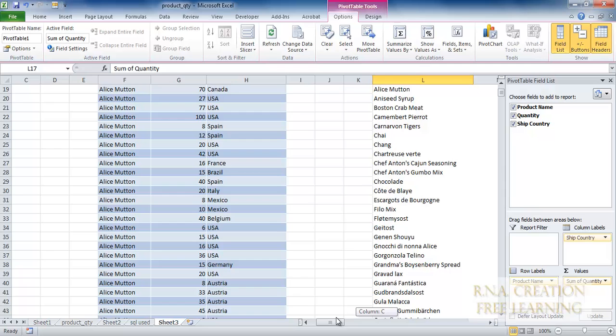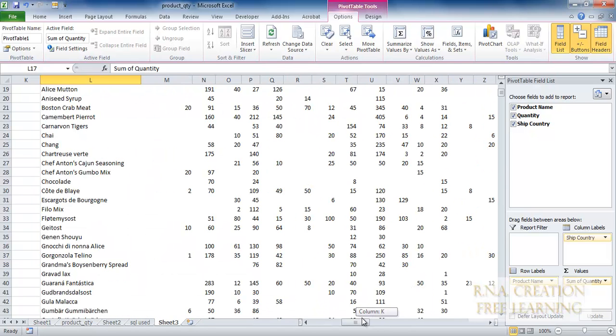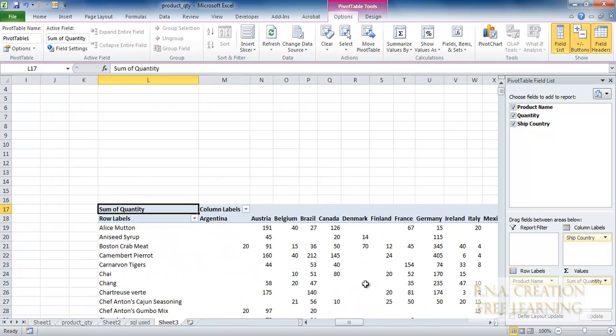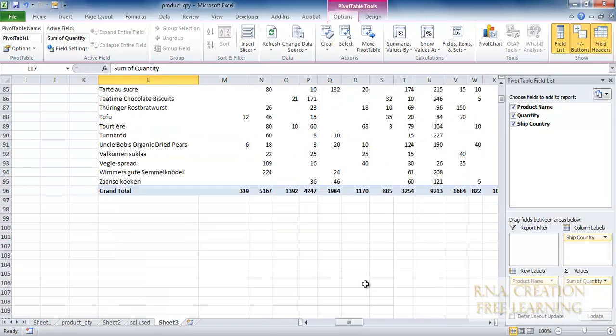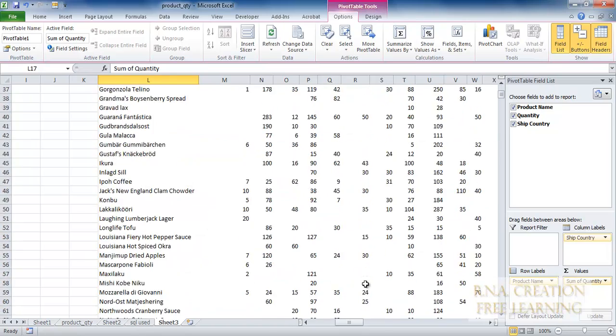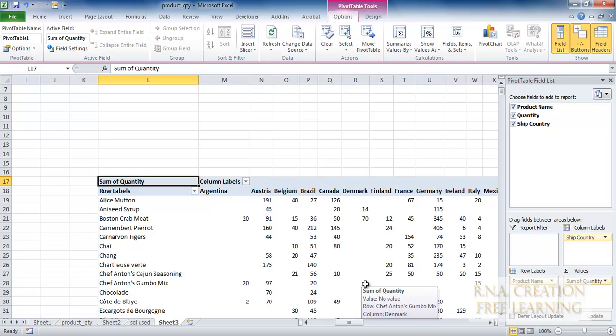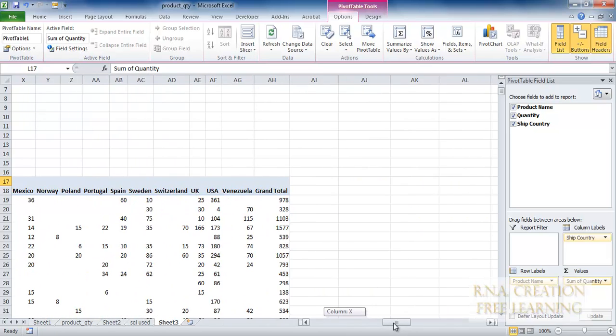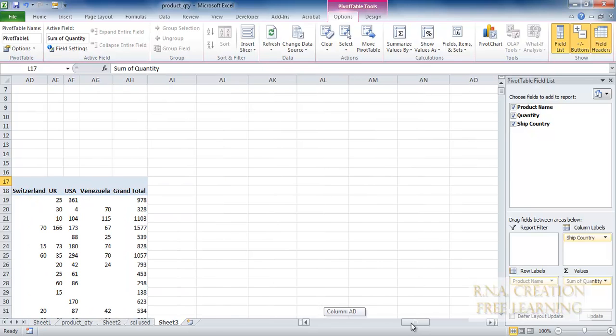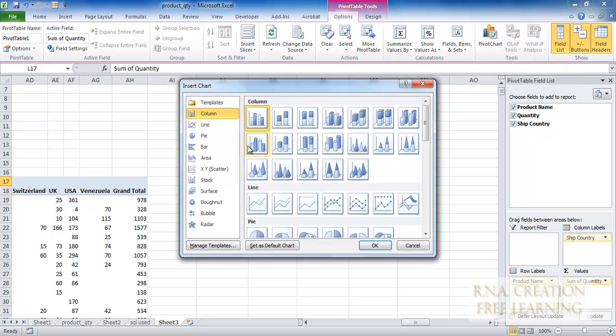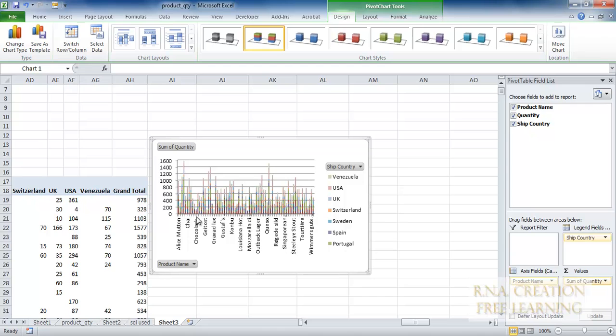Now I need to create a graph. As you can see, this is very complex data, so you need to create a graph. How do you create a graph? You just go here and click on this, and I will select the stacked one and click OK, and it has created a graph on its own.